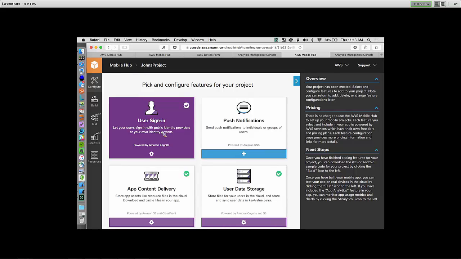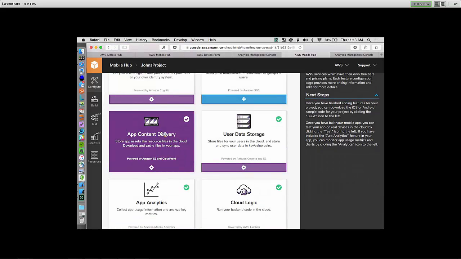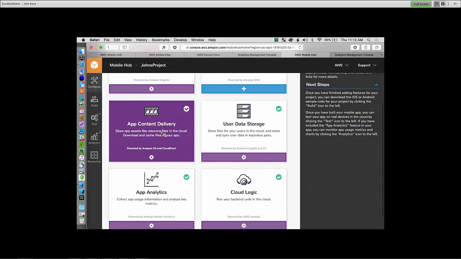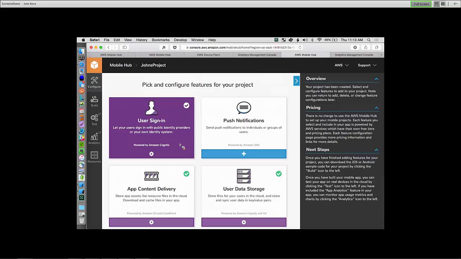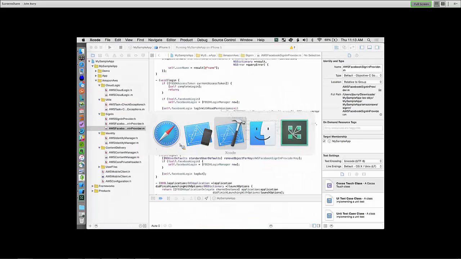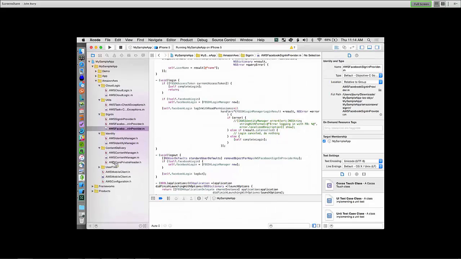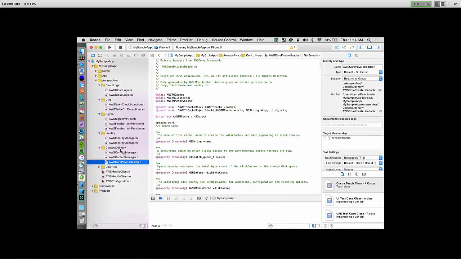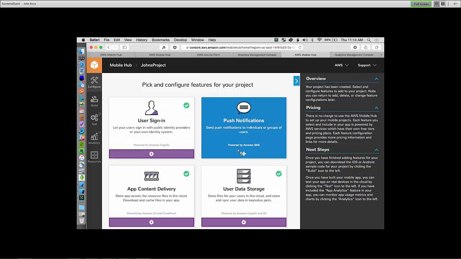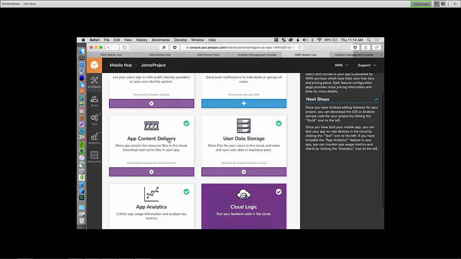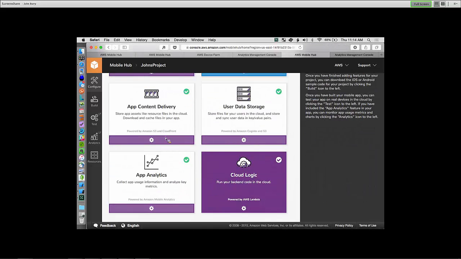But I want to give a little bit of a warning here that you could decouple the logic in your code from the services that you've set up with Mobile Hub. An example of this is if I go back over to Xcode here, I have connected up various services. For example, with content delivery, I have S3 buckets associated with it. With sign-in, I have Cognito associated with it. This should be common sense, but I just want to make sure it's clear that as I turn features off and on or change settings here, I could get out of sync with the state of my application in my sample app.